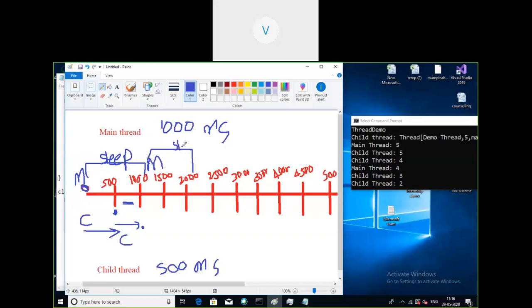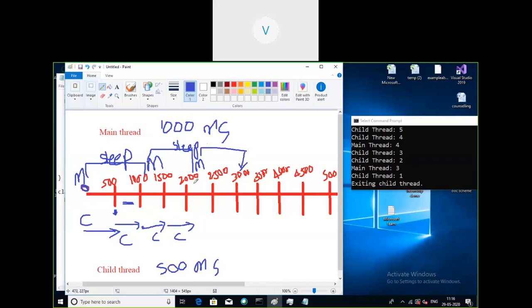In this time interval, the child thread will execute the 3rd time and the 4th time. See here, the main thread executed once, and again child 3, child 2. Then again the chance will come for the main thread. After execution, it has to suspend for 1000 milliseconds.